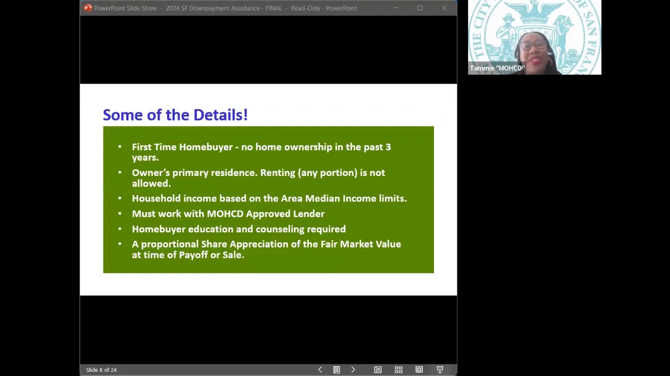So let me tell you about some of the details, which are some of the parameters applicants must meet for eligibility of the DALP. The applicants must be a first-time home buyer, which is defined as that no member of the household may have any home ownership in the past 3 years. The property of purchase must be used as the owner's primary residence, which means no renting of any portion of